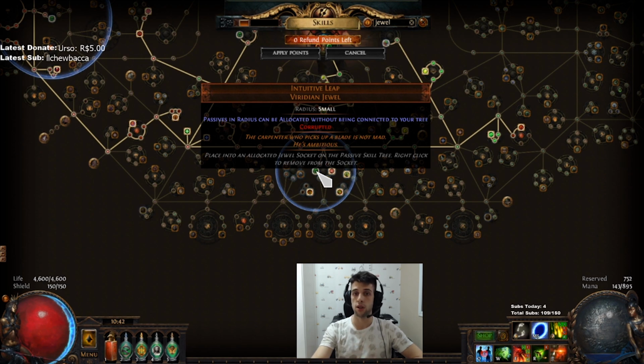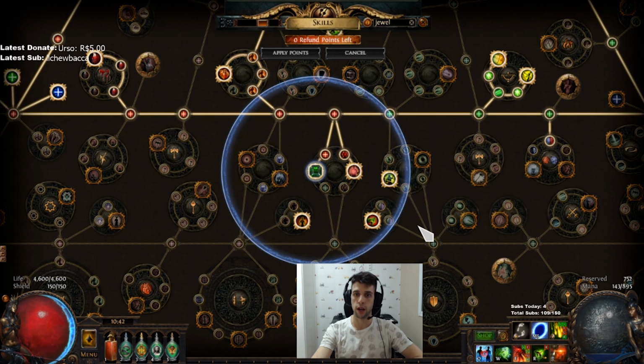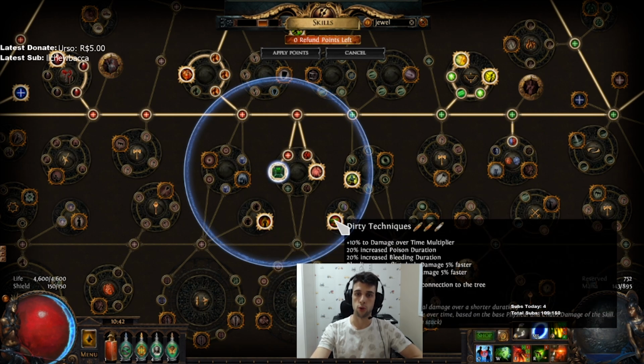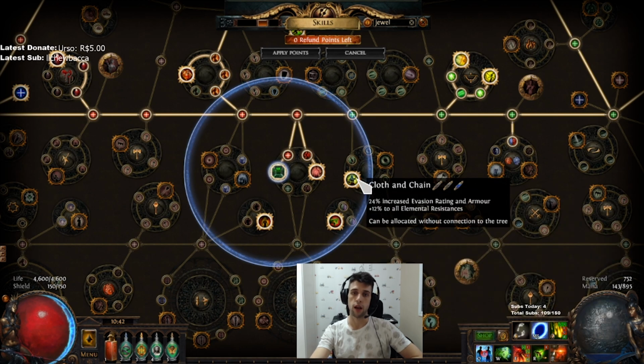You can also use this to save some points. Instead of getting all those points here and here, you could go straight and get this node here to get some more armor and defensive. Also Dirty Techniques for increased damage over time multiplier, and bleeding deals damage faster. Feels nice when playing. You can also get this one if you want, and this one to help you